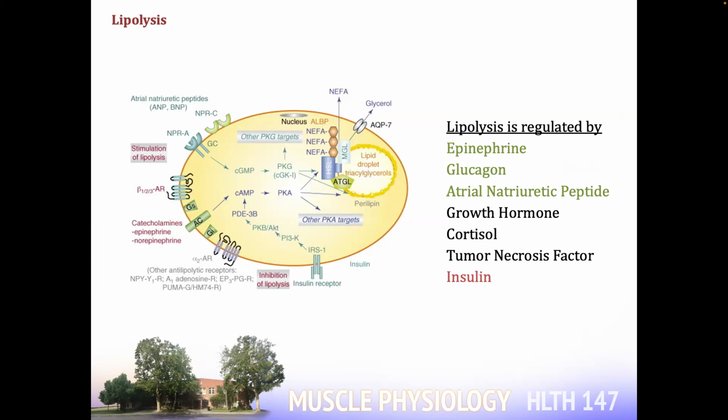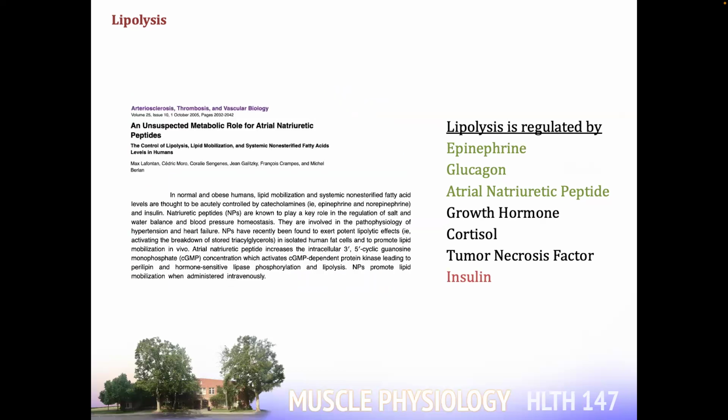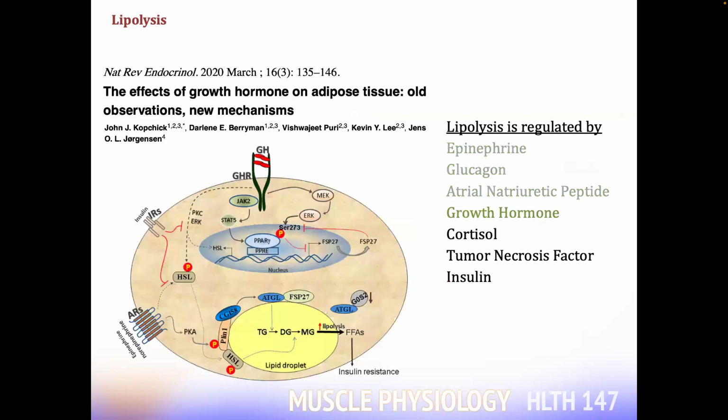And then there's also insulin at the bottom, and you know how that works. So here's a narrative explanation of how atrial natriuretic peptide exerts its action. You don't need to know the details, just know that it contributes to lipolysis. It enhances lipolysis. And then growth hormone also enhances lipolysis